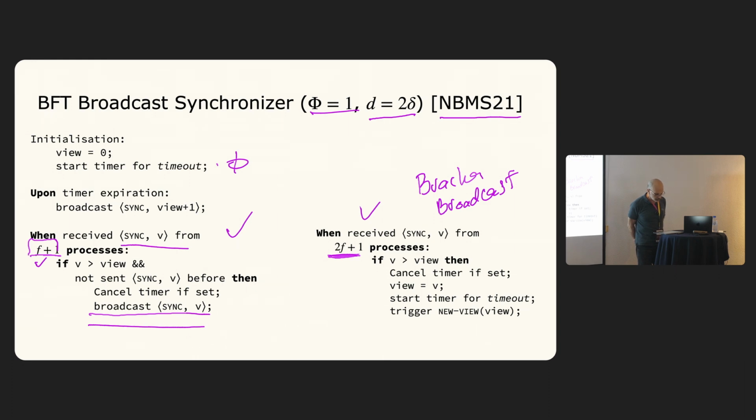Is this an issue? I don't see any issue with the order in which you receive messages, because you can process only one B. Yeah, but